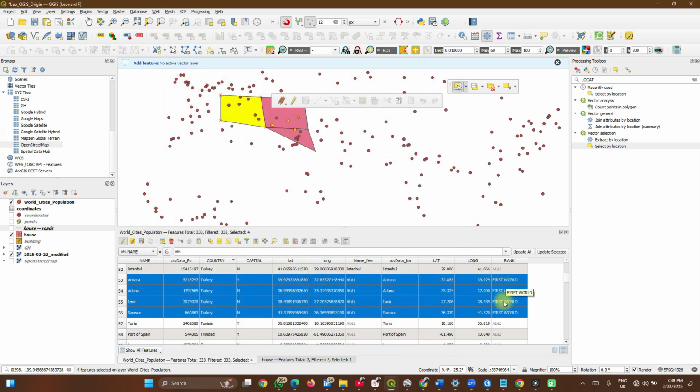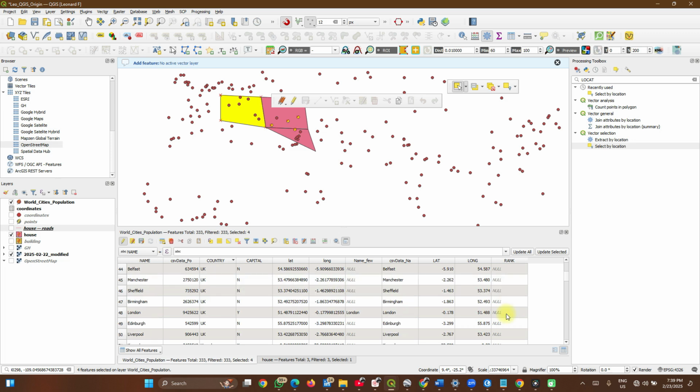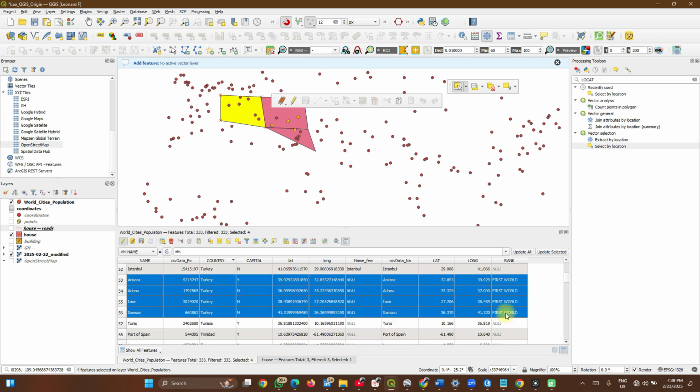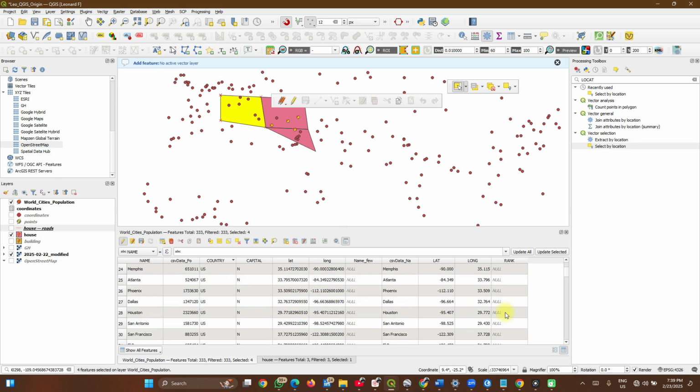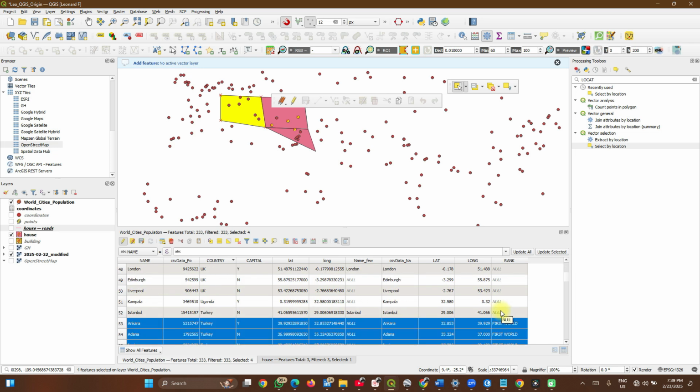Remember, I selected that box to say selected features only. If I deselected it, it would have populated this for all the features in the attributes table. So that will be it about selecting features. The next thing we will do is